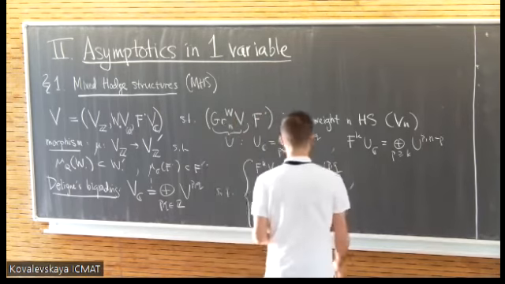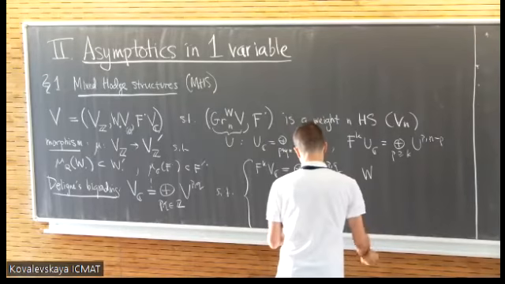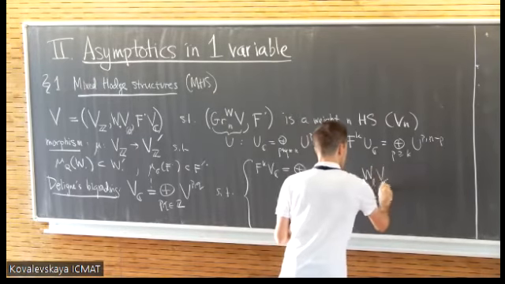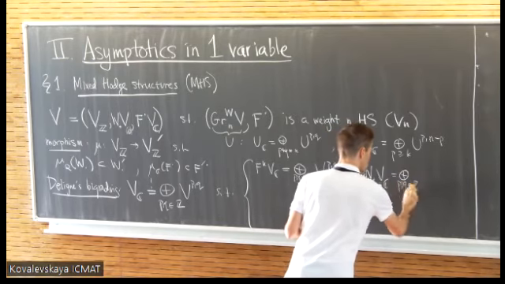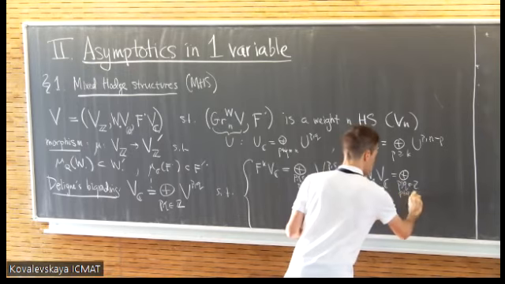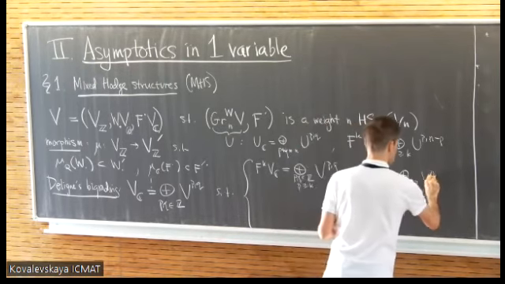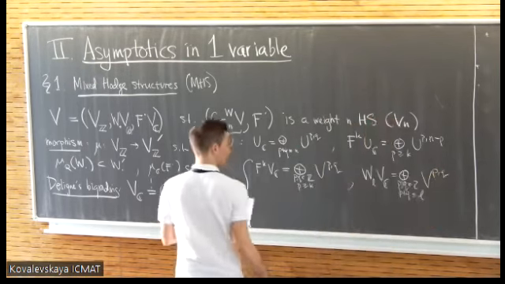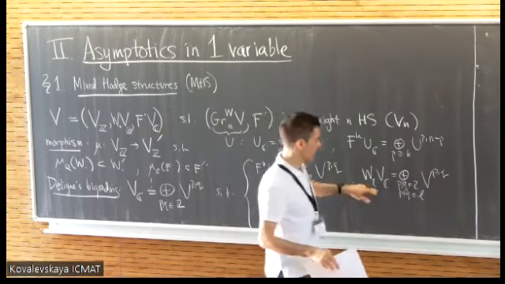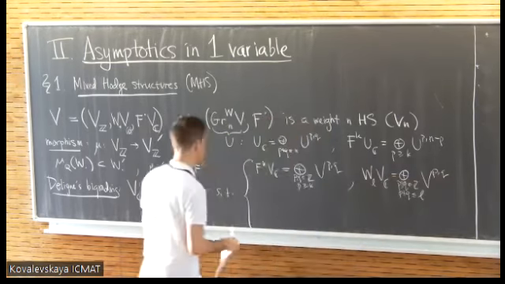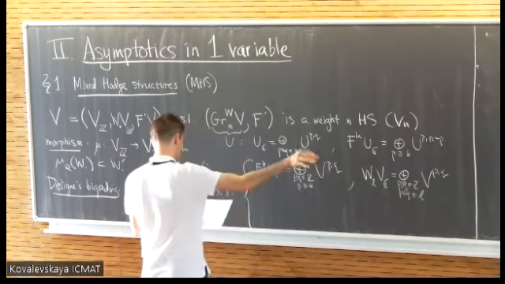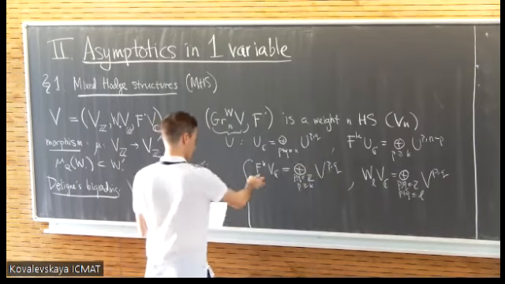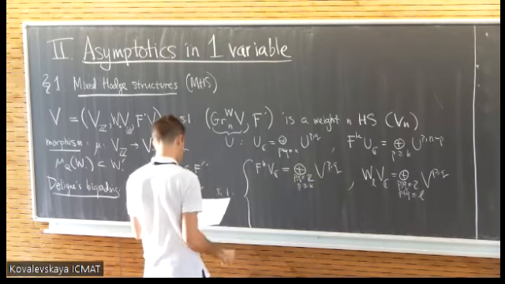The second says that weight L VC is the direct sum over all P and Q in Z with P plus Q less than or equal to L of VPQ. So you think of the weight as the sum of P and Q, and the Hodge filtration as P bigger than or equal to K,